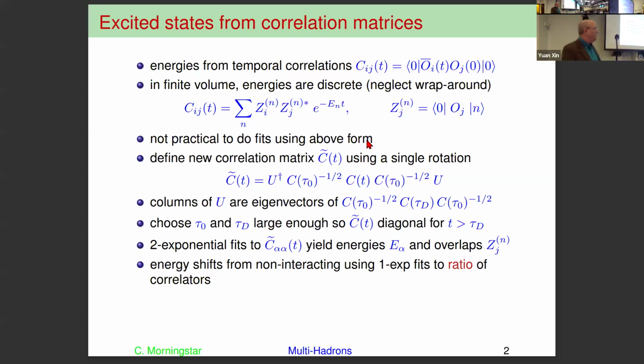All of my results depend on being able to extract a spectrum of energies in finite volume. Because we do our lattice simulations in finite volume out of necessity, momenta are quantized, so the energies are discrete. So we just have a bunch of stationary states, and we have to measure those energies, or calculate those energies, or estimate those energies, pick your favorite verb. And we need to get more than just the lowest line. We need to get as many excited states as we can to carry out the next step of the calculation